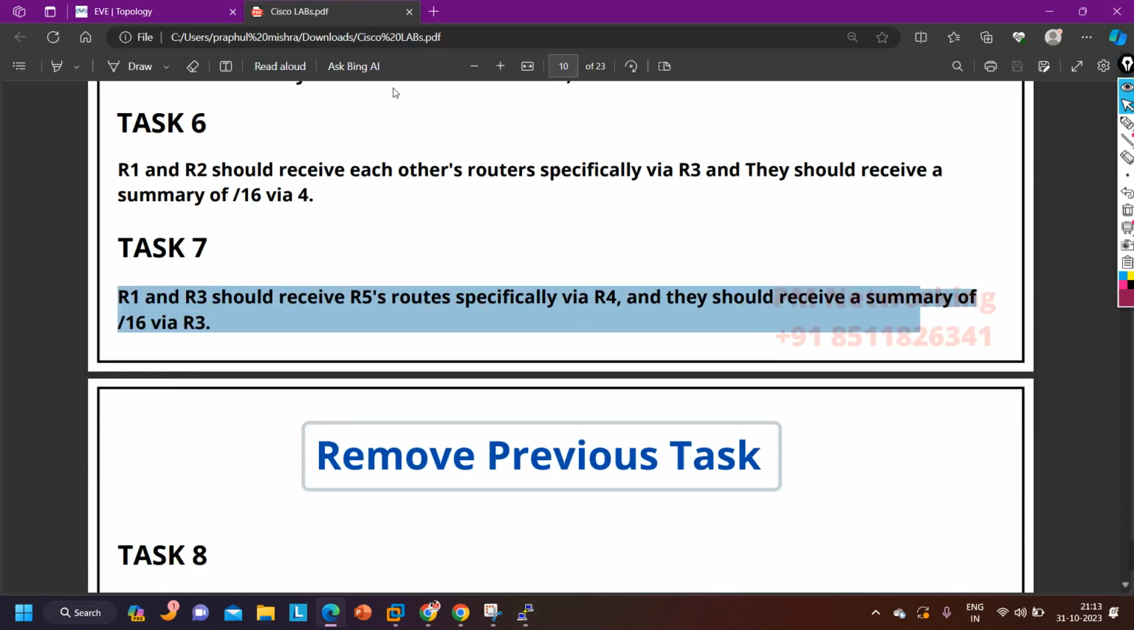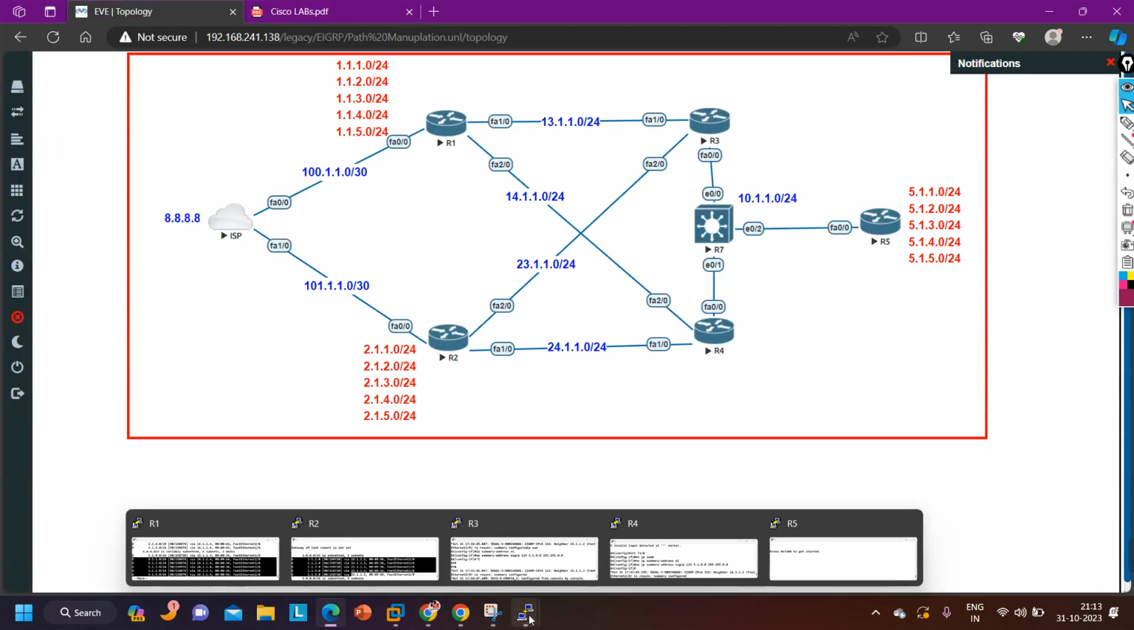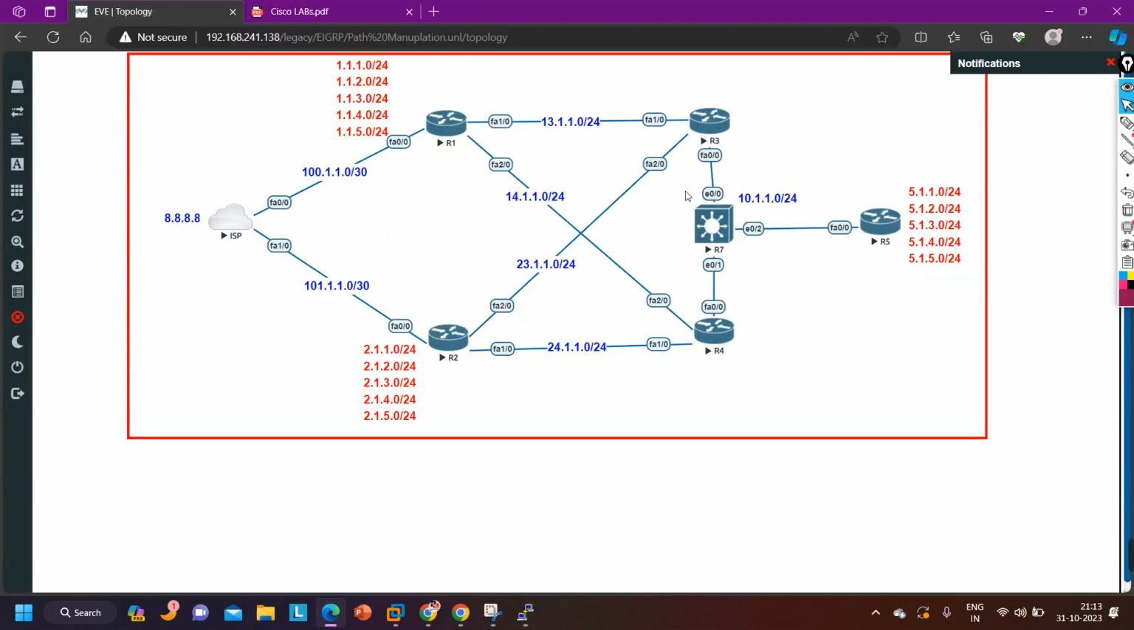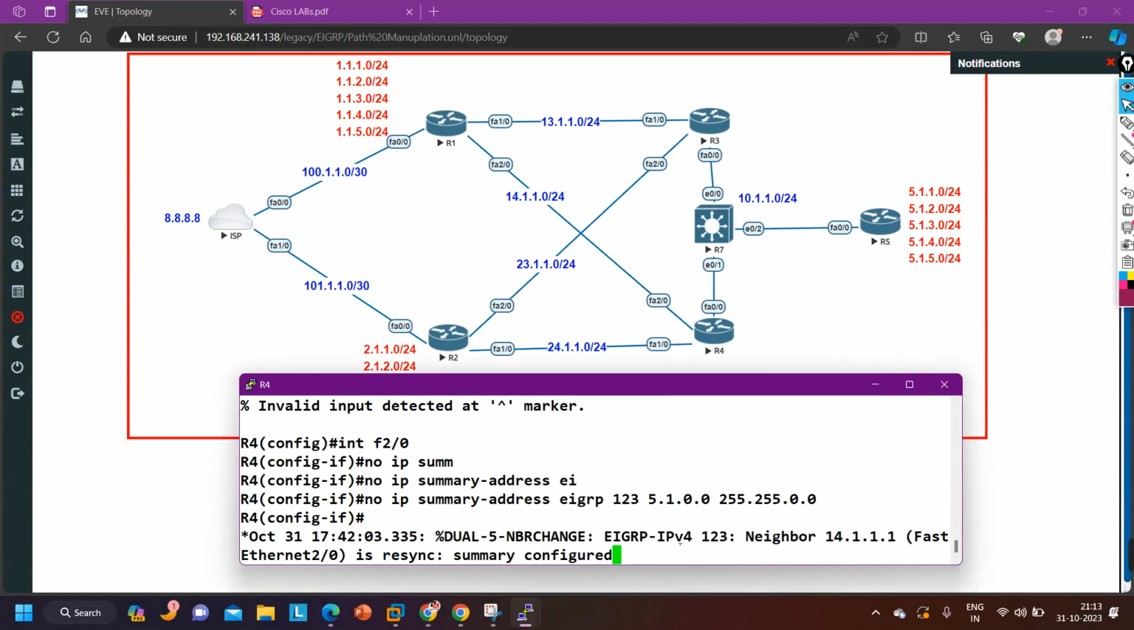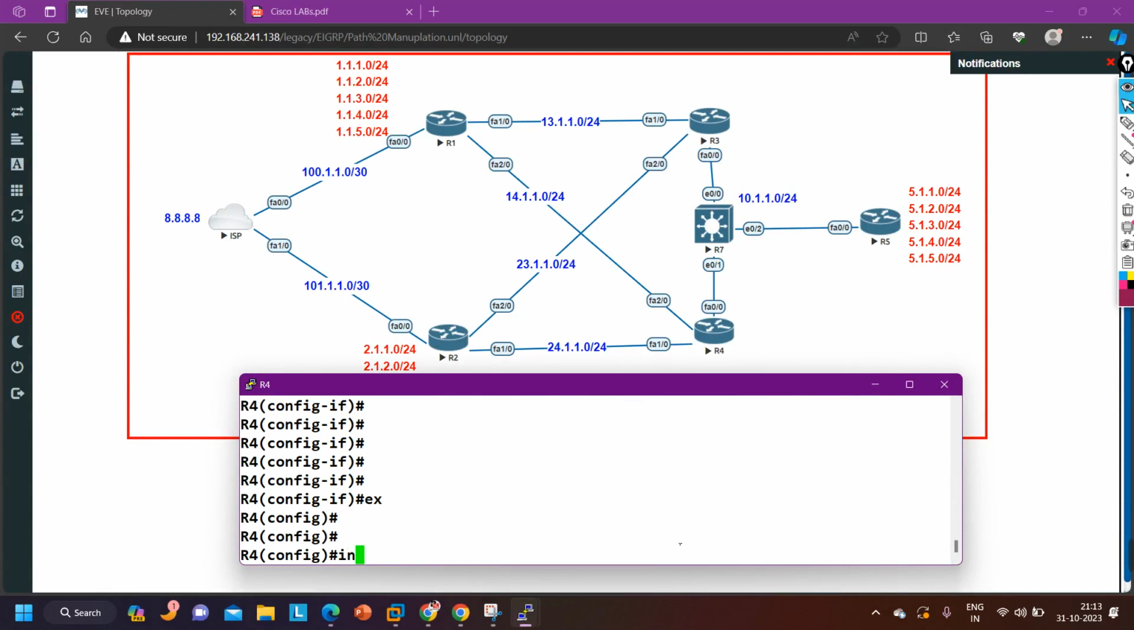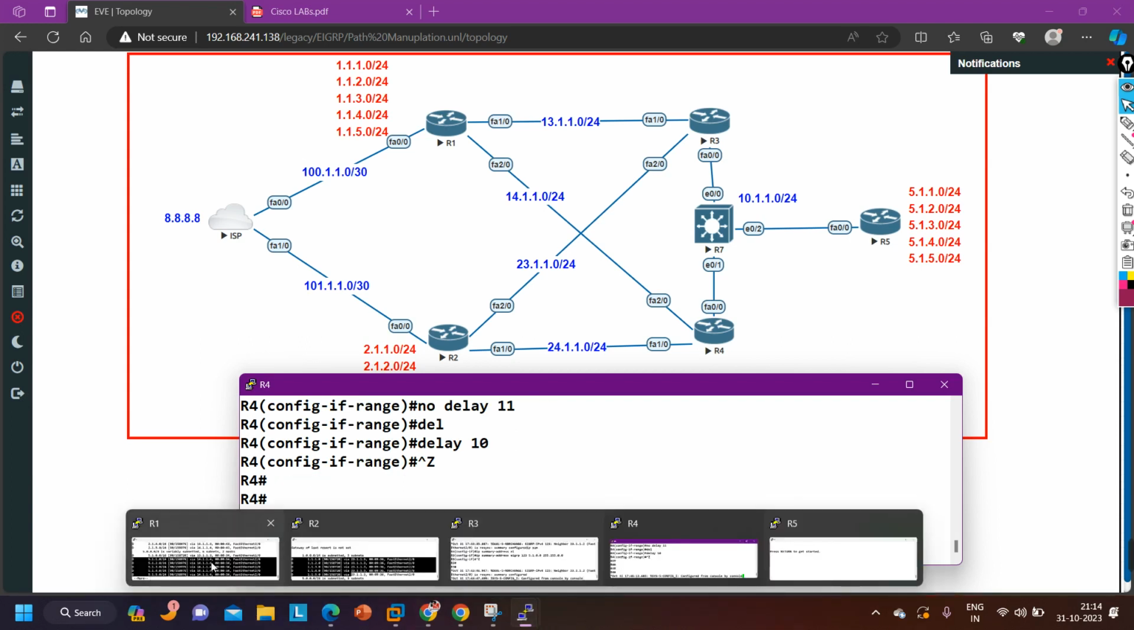Now the next task. Before configuring it, if you want to see how to achieve the same task with the help of an offset list, on router number 4 I am going to set delay back to default on interface range FastEthernet 0/0, FastEthernet 1/0 and FastEthernet 2/0. No delay 11, right? Or we can say delay 10. Fine. Now see router 1